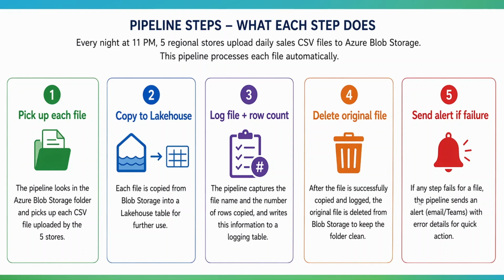Okay. Now the next step is the on failure path, if an activity fails. This basically happens through the web activity. This step is the safety net. If anything goes wrong, a file cannot be copied or a step itself fails, the pipeline does not just stop silently. This activity automatically sends an alert to a Teams or a Slack channel so the right person knows immediately, right? This happens through the web activity.